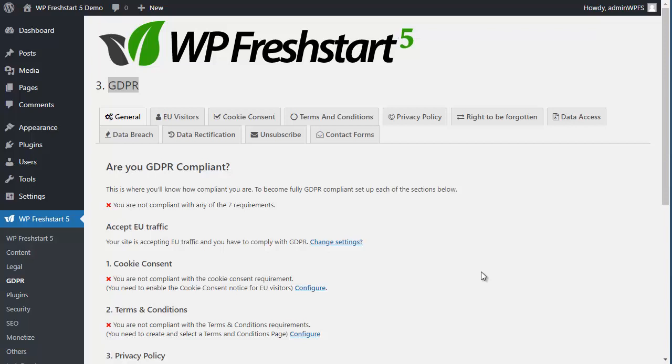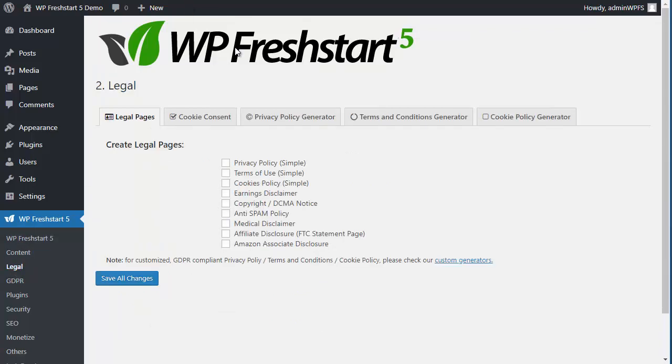So let me quickly show you how to use WP Freshstart 5 to be GDPR compliant. To do this, you have to do two steps. First step is go to WP Freshstart 5 legal, and we're going to create a privacy policy, terms and conditions,